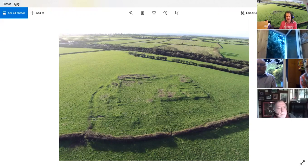So this site is going to be familiar to some of you, but with the law changing, you won't be able to get access to this site. This is the Roman villa at Llantwit Major, and the law I'm referring to is the new law about trespass being classed as a criminal offence and so on. So this is actually off the footpath. If you want to go and see the Roman villa at Llantwit Major, I'll do it now before the law